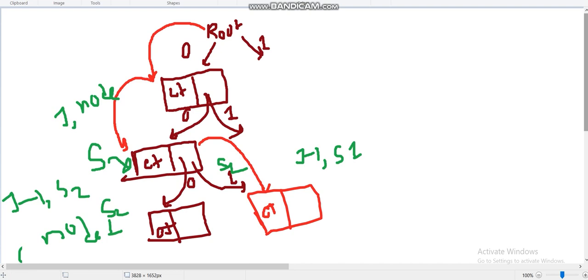So as I explained, we are just iterating on j comma node. Now we will just check. We will also have the count. Now we will find